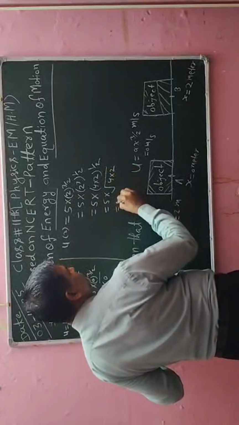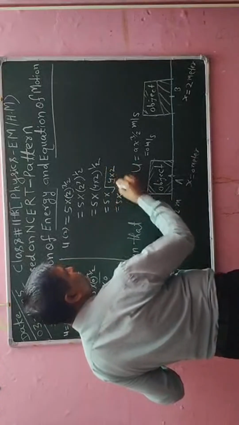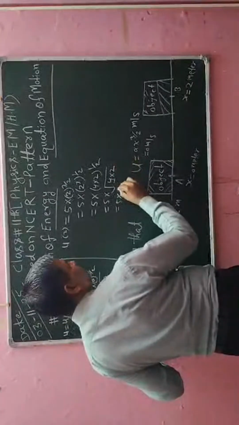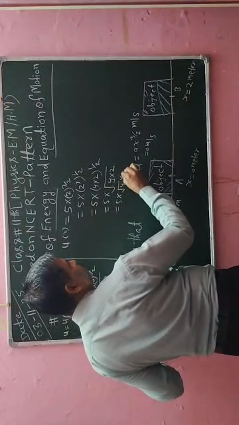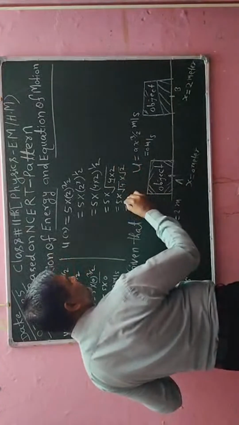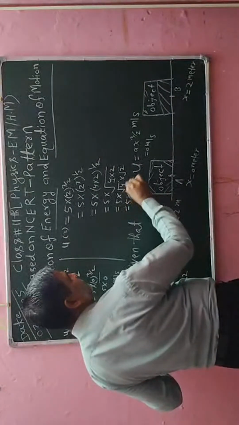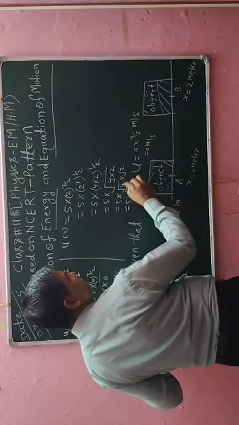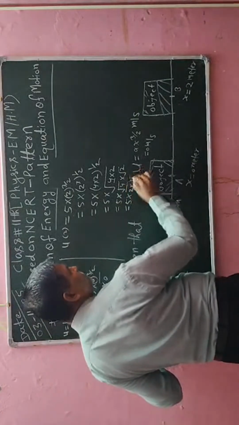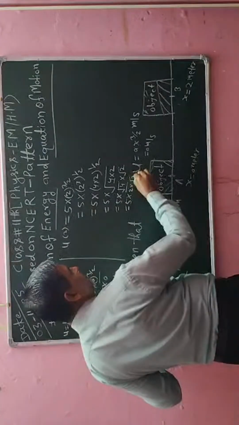So I will take the square root of 4. In other words, I can write square root of 4 into square root of 2. Further I will simplify. Here I will write 5, and from here I will get 2, the square root of 4, that will be 2 into 2. So after simplifying, I can write here